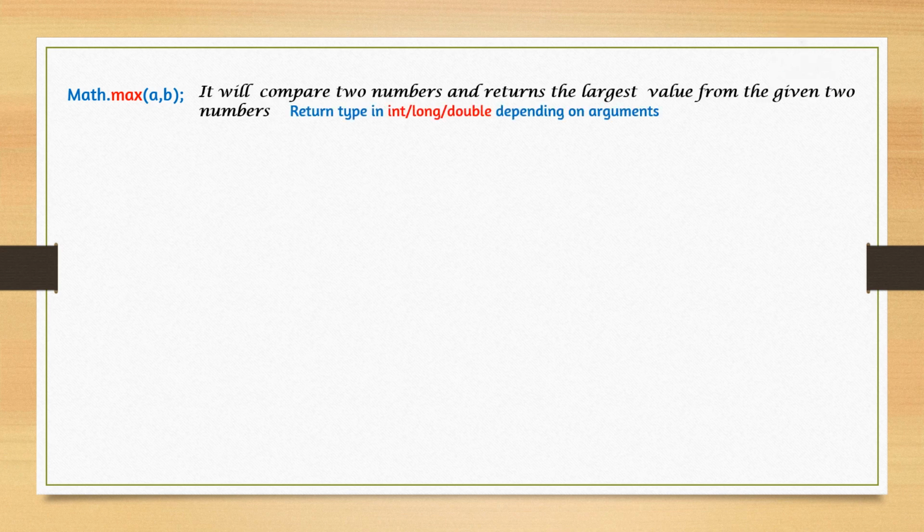Coming to math functions, we have a small number of functions for 2020-21. Only this much functions we have to study. One by one we can see what the functions are. So here, Math.max will return the biggest number, and the return type depends on the arguments. It can be int, long, or double according to the arguments. Here we can see one or two examples. In the first case, it is an integer number, so the biggest number will be returned, and among negative minus 3 and minus 2, minus 2 is the biggest number. And if it is a decimal number, the answer will come in decimal.